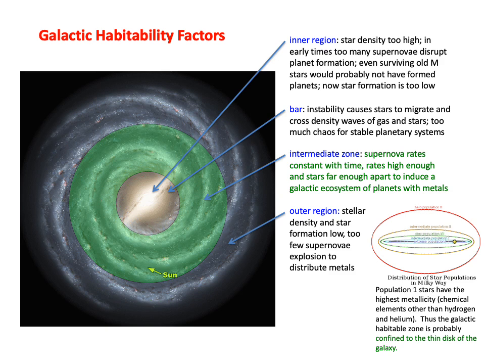You have enough supernovae that you can distribute metals, or I should say the chemical elements for life, through the galaxy, and you have high enough rates of new stars forming that this is basically the sweet spot. In the outer region, the star density is getting lower, and so there are just not as many supernovae out there. Now, we know that these chemical elements do get distributed around the galaxy through other processes, but in terms of what we would call in situ